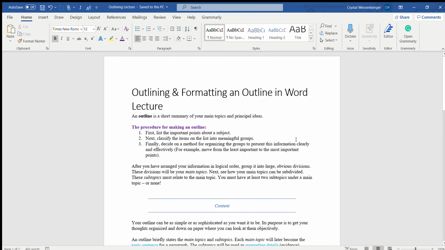Alright, this is your lecture on outlining and formatting an outline in Word. An outline is a short summary of your main topics and principal ideas. You can use your outline as an organizational tool to order your thoughts and notes on the subject you're writing